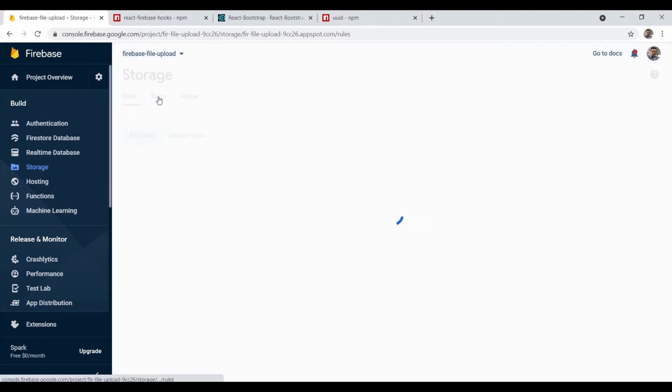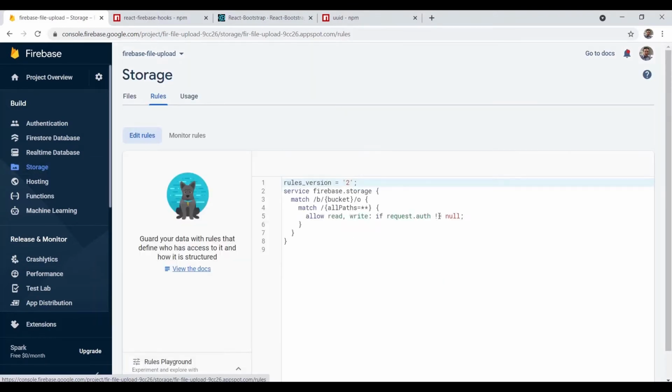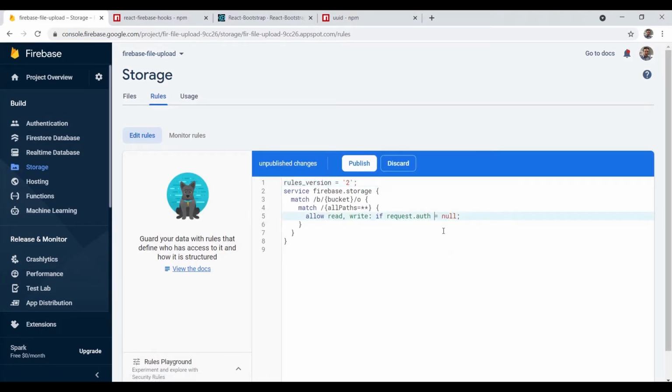It's already turned on. Rules. I'm going to change this. Now this is because we're not doing authentication. If you did have authentication, you wouldn't touch this because it says request.auth, meaning if the request.auth is not equal to null, then allow a read and write to the storage. But since we're not doing